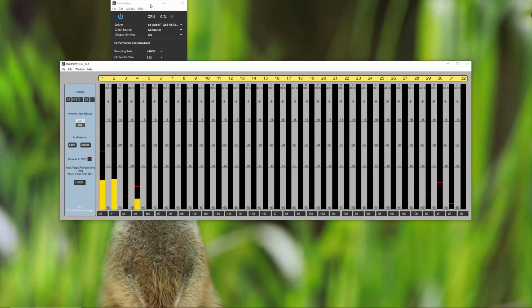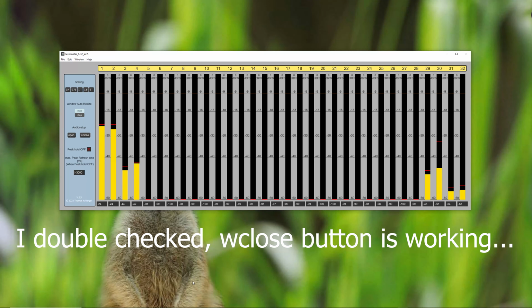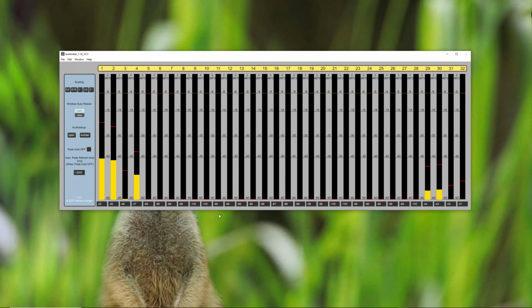Should work. Doesn't. So we do it over there. And now we can see something happened. We see 8 channels coming in. Because I've got only 8 channels at the moment, I decided to plug into my unit the first 4 channels and the last 4 channels, so we can see channels 1 to 4 and